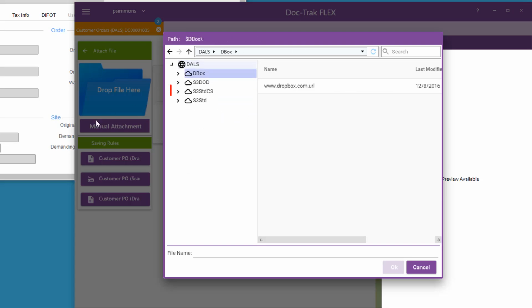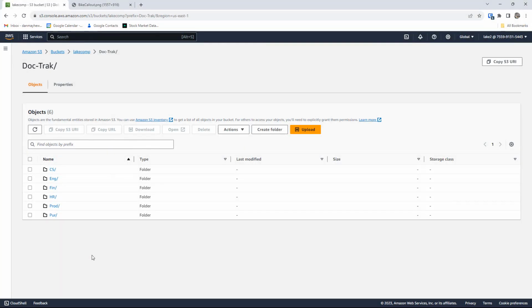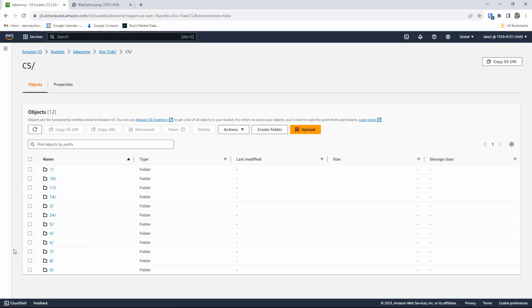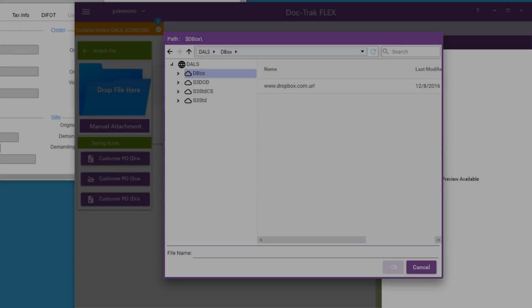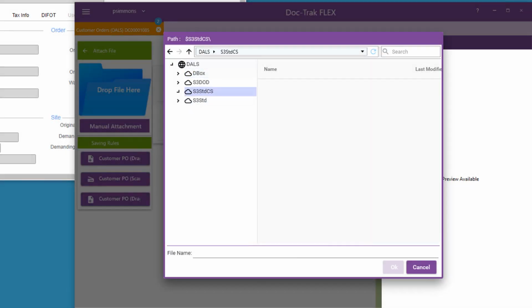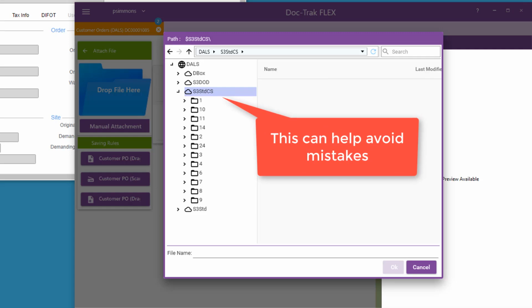Okay, now let's talk about this one. It's tied to the S3 account, just like the first Cloud ID we looked at. But the difference between them is that this one is restricted to the customer service subfolder. I'll only have access to that folder and the subfolders under it through this Cloud ID. Sometimes this can be a really good thing. If there's no reason to go poking around into other folders, using a restrictive Cloud ID will help avoid mistakes or access to sensitive files.